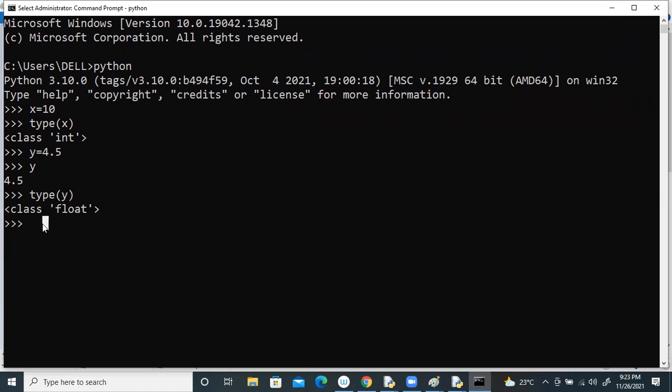And for example, z equal to hello, a string, right? Type of z is string type, a sequence of characters. For example, x equal to True. Type of x means boolean type. Okay. So here, what is your observation? Based on the value you assign to x,